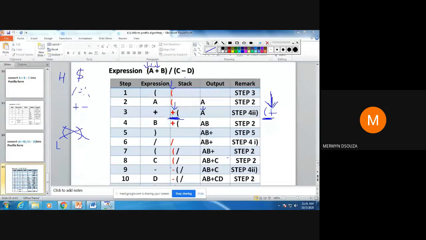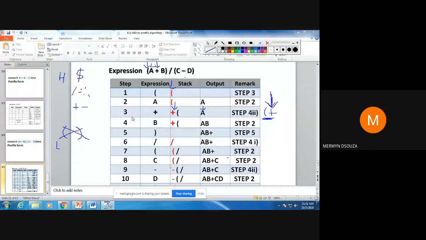In my case, I've highlighted by putting a different color, but you will not be able to do it, and you're not supposed to use red color in your exam papers. So avoid putting color, just put one arrow on top.